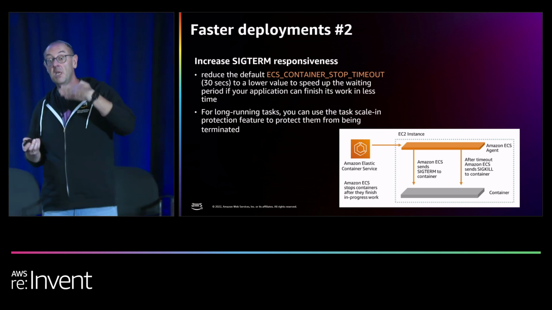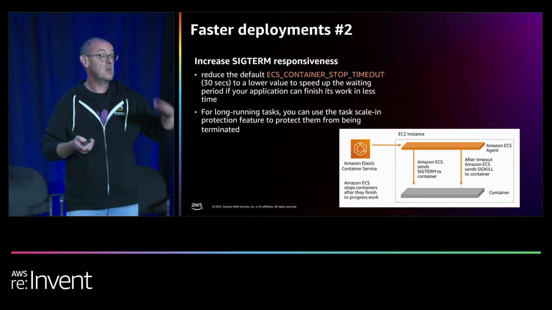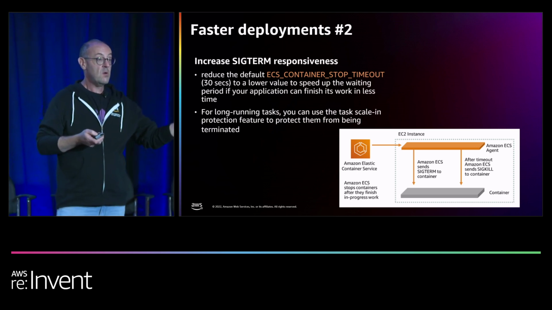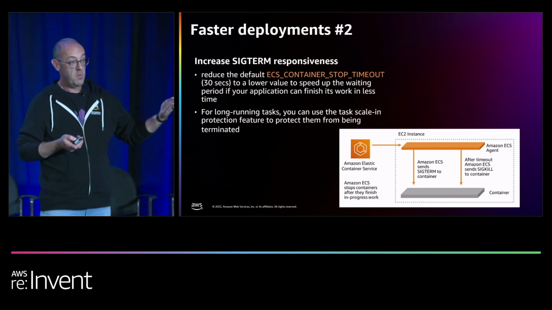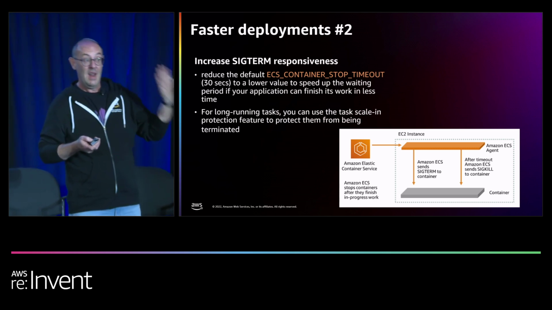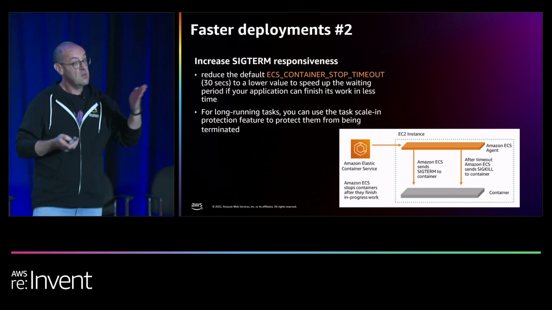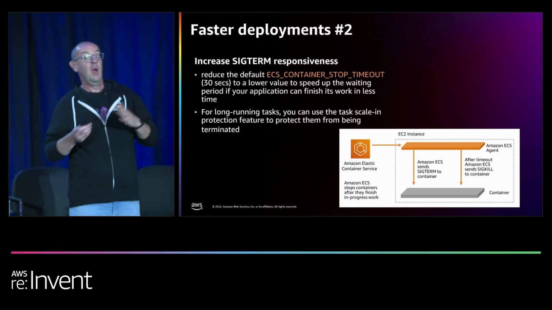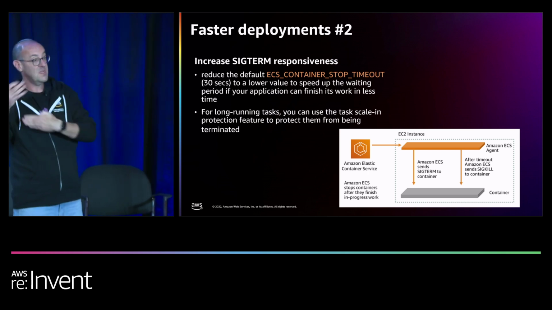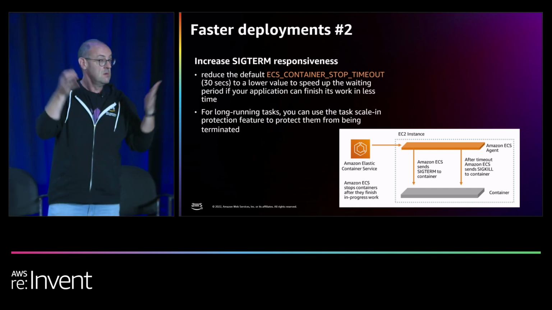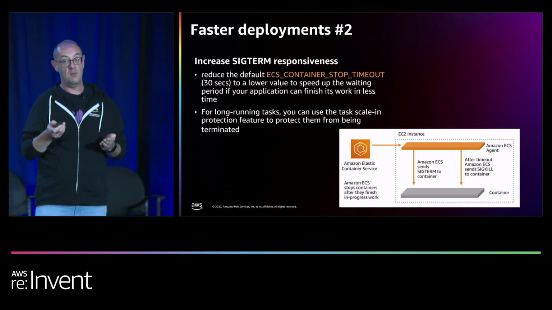Once the application has finished processing the information, it will send a new API call to the ECS control plane, which will mark it allowed to be scaled down and killed, and then it will kill the application. So this is a way to make sure that workers or tasks which are running long-living applications